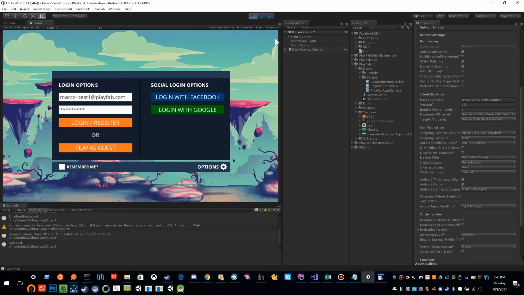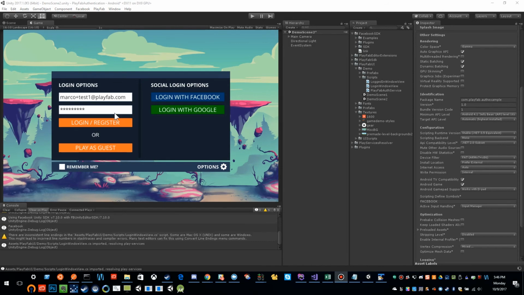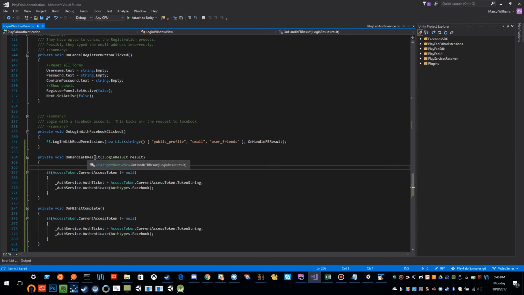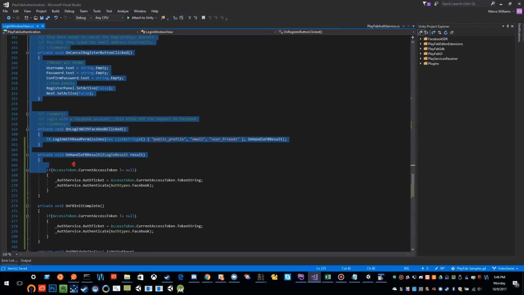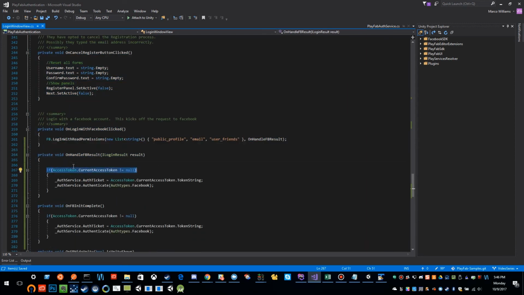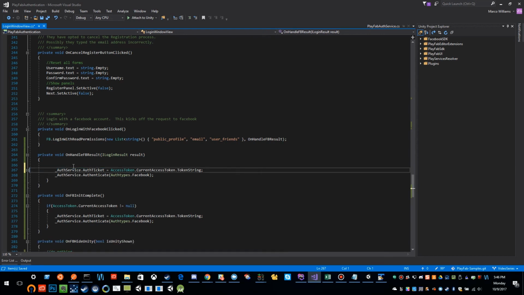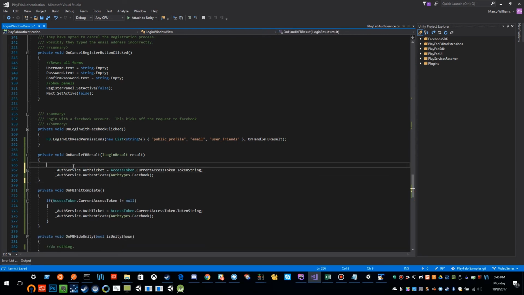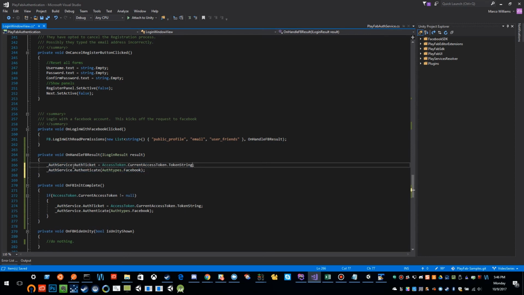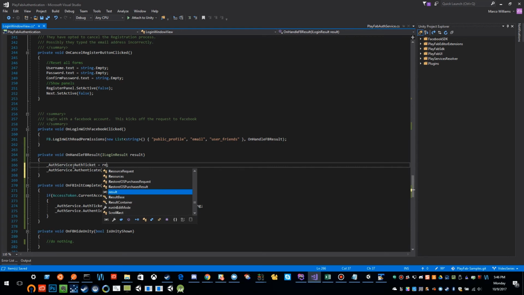Facebook. Do a little troubleshooting. Okay, so I think I figured out what the issue is. Here in the handle Facebook result, there's a login result, and I don't know why I referenced the current access token this way rather than getting it from the result that it passed. So I'm going to change this code around. And just look for result.AccessToken